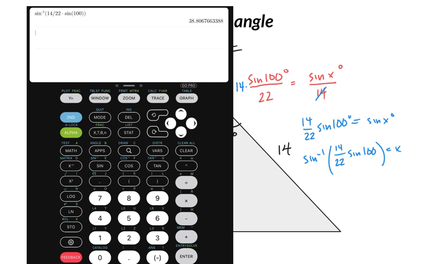So this is the way that we use the law of sines to solve for a missing angle. As soon as we can establish that proportion of an angle and the side, or the sine of an angle and the side across from it,